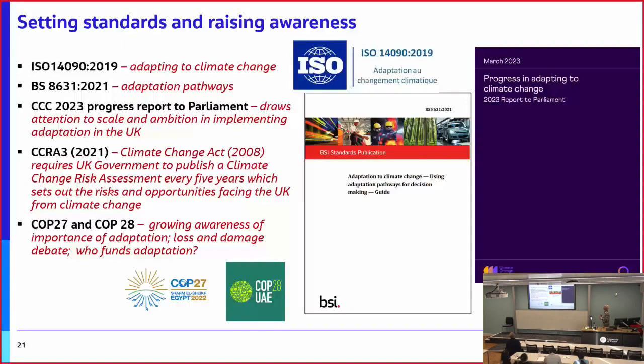And we're doing this work not in isolation, but it is being catalyzed by the setting of standards and the raising of awareness. So the International Standards Organization in 2019 published a standard on adapting to climate change, ISO 40090, and I was fortunate to have been invited to be part of the drafting committee for that. British Standard in 2021 looked specifically at adaptation pathways, and I was a member of the group that drafted that standard. In the background, we've got the Committee on Climate Change,